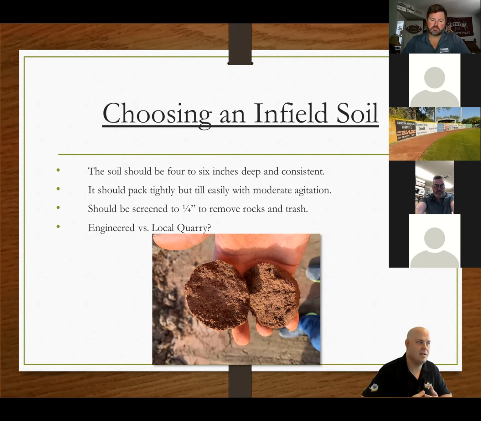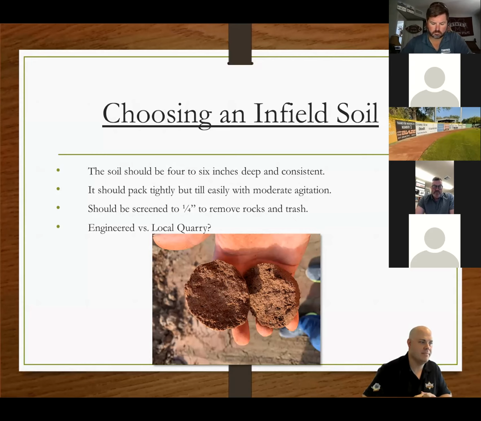Now, I have seen local quarries that are very consistent and test very, very well. In those situations, it makes a lot of sense to have a good conversation about whether that is the right material for you. There are local materials that are able to stay consistent.